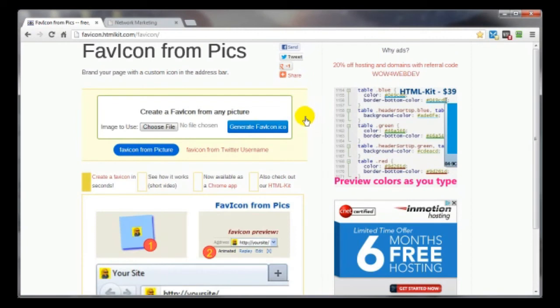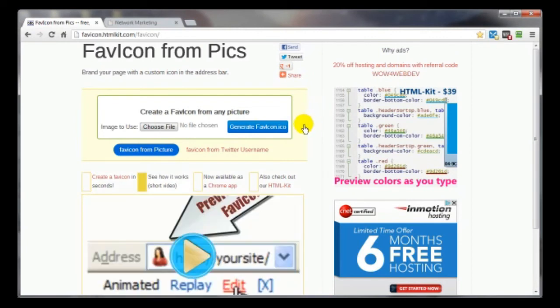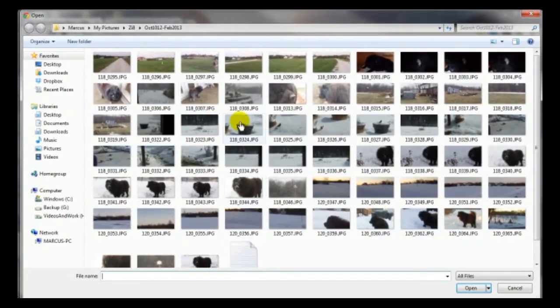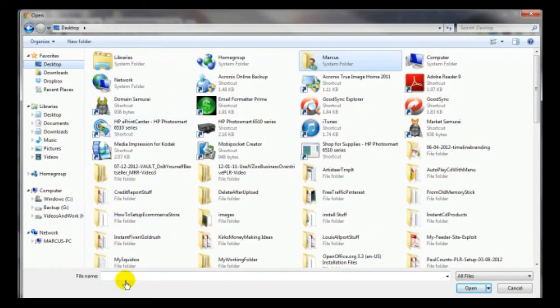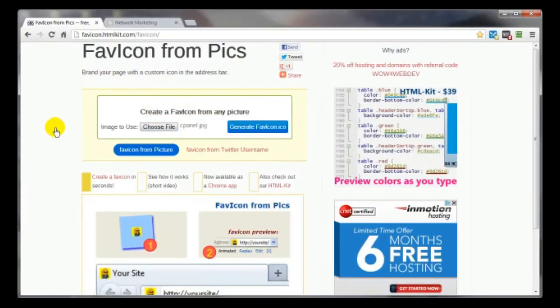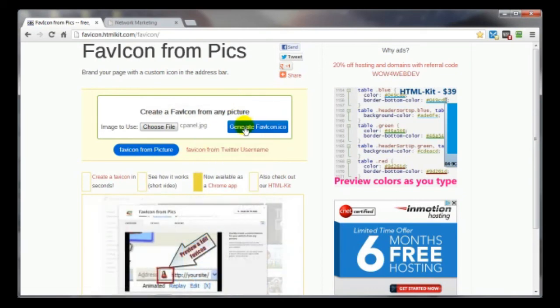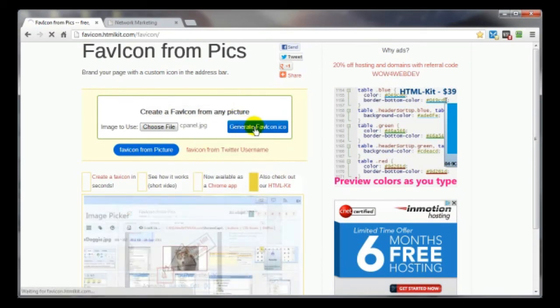I'm just going to use one that I've got just laying around for a cPanel icon. So we want to first go over here to choose file. What a lovely dog. And you want to navigate to the location of your image that you want to turn into your favicon. And that's a pretty big image, by the way, but that's one thing you don't have to worry about because it's going to customize it and bring it down to size. So generate favicon ICO,